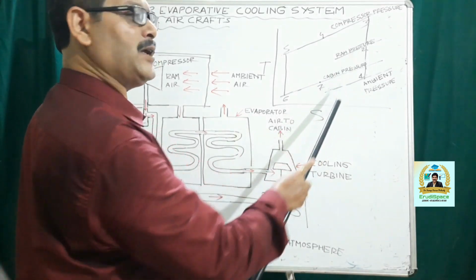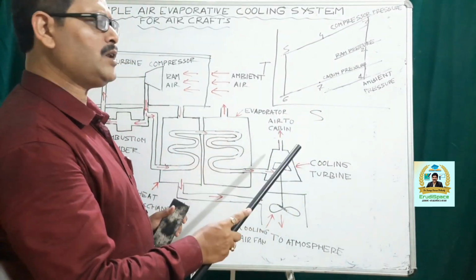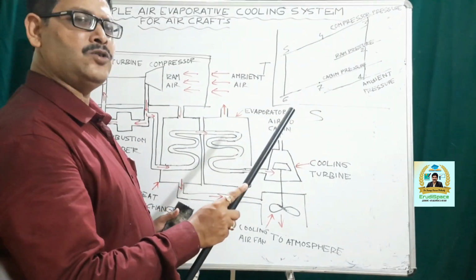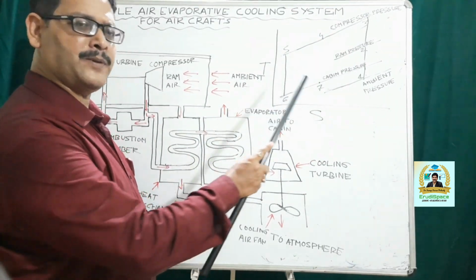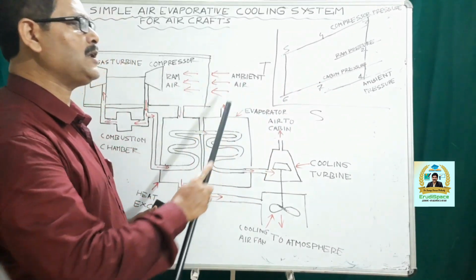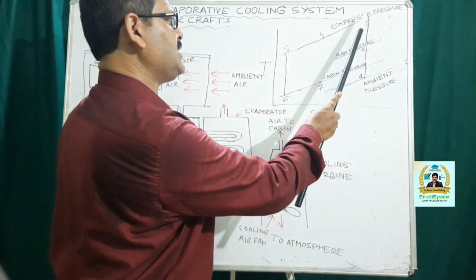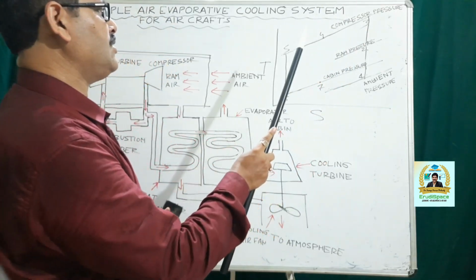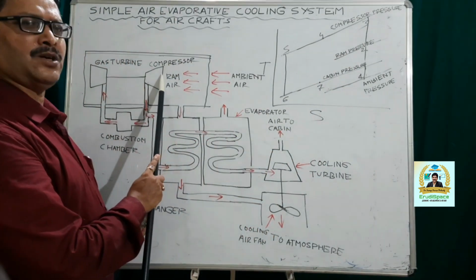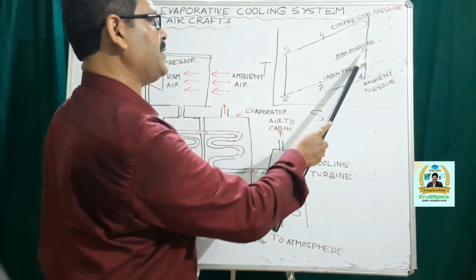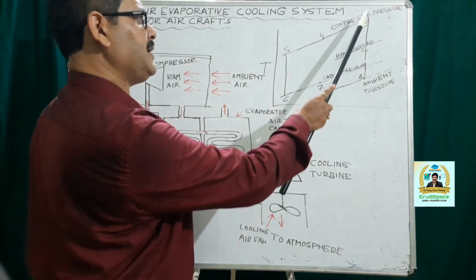And in ram compression, the pressure of the air is increased, but no work is done upon the system to compress it. Due to the shape of the diffuser, the compression actually takes place. 2, 3 represents the compression that is taking place in the compressor. We may call it main compression also, but here you need to spend some amount of work in compressing the